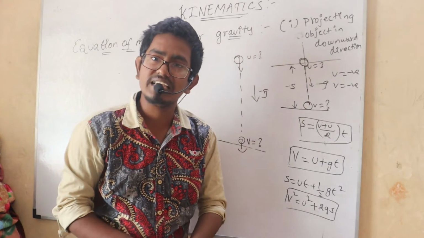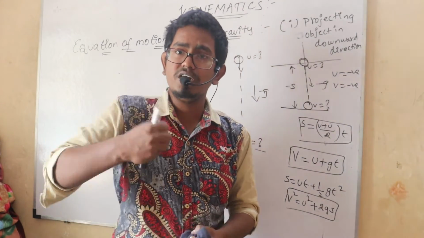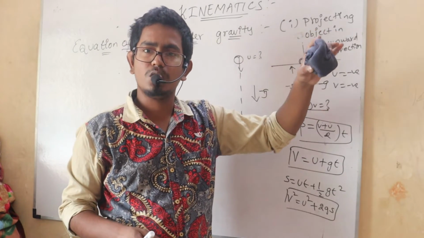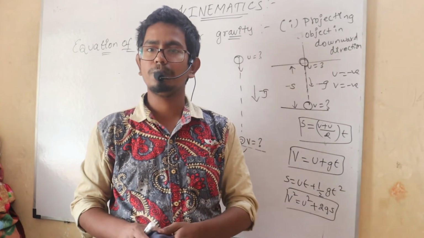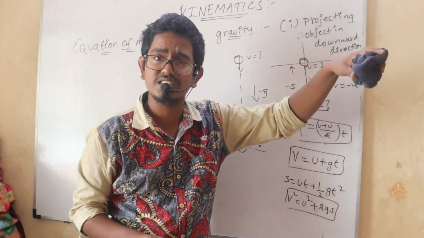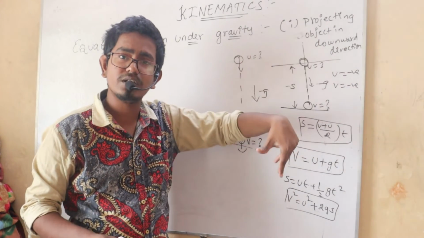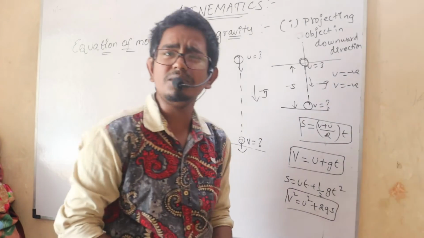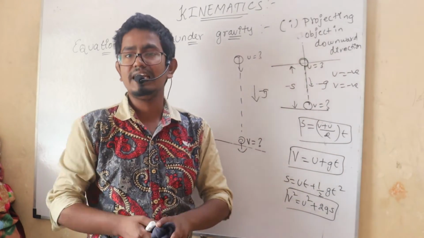That means you can understand the gravity is pulling every object. Each and every object in the universe is getting pulled down by the gravity. As I'm holding this duster, it is not moving down, but whenever I leave it, you can see it falls down. I have not given any initial velocity to this duster. If I give it an initial velocity, you can see here, it will go faster. My duster fell down very fast. So what I'm saying is that if I give some initial velocity, it will go faster than when I just leave it.